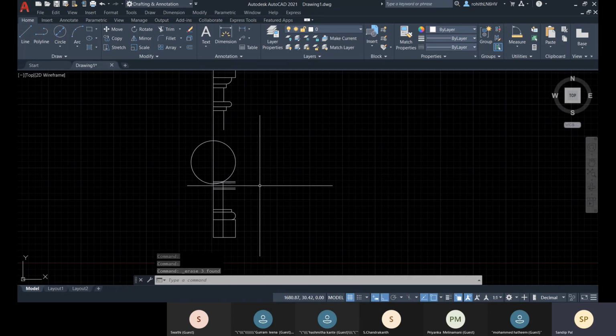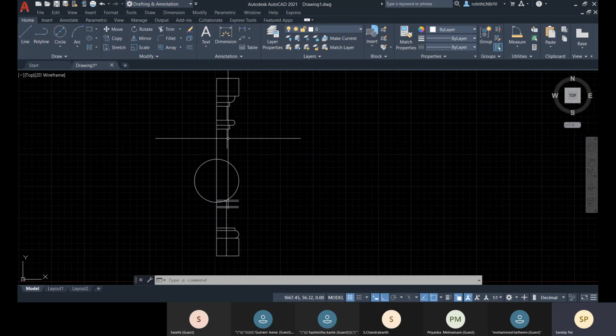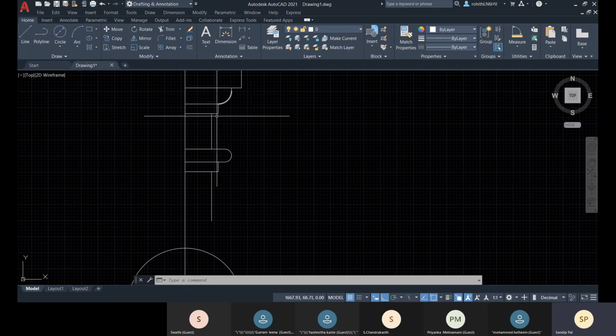And about this curve, you can see one curve is connected, so you can see that one curve is tangent with this circle, with this line, and we don't have any radius mentioned for this curve, but we can easily see that the curve is tangent with this circle and with this line. So we have to find another tangent object. If you increase this, you will see that it's going tangent with this curve.